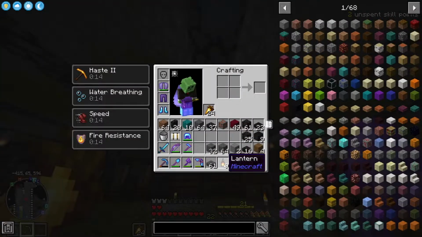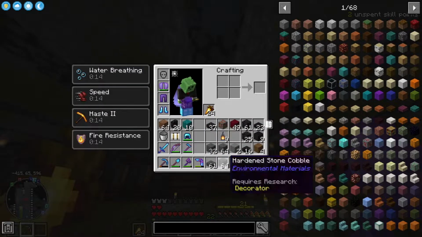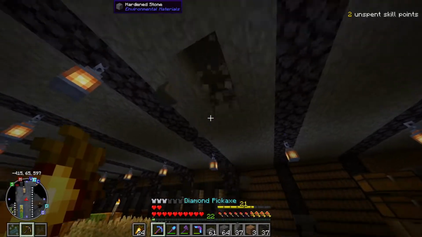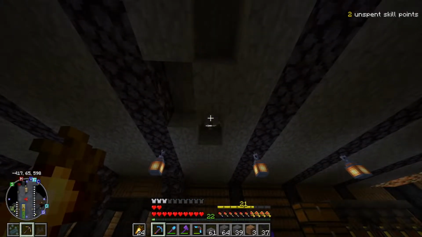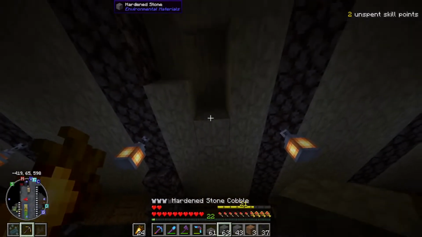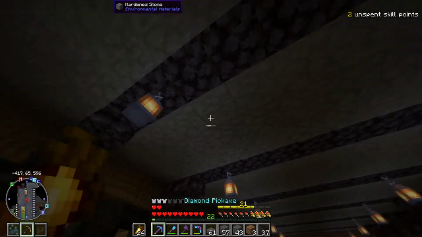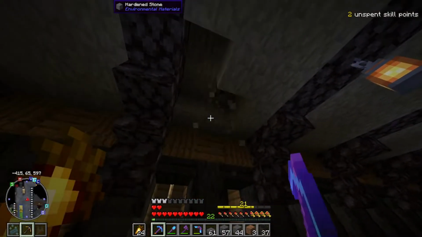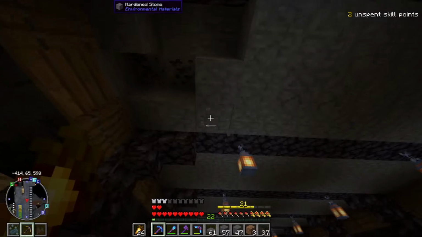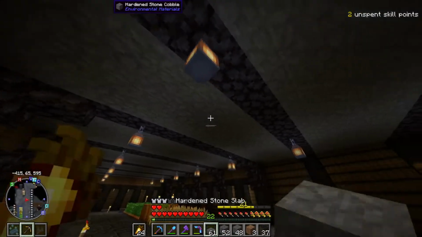Map's coming along well. I'm just about to go through and retexture the ceiling here with a little bit of this cobbled hardened stone, I believe it's called. And you get this stuff from the gifters early on before you have access to it through the decorative mods, and if you want to add the textures to it or make slabs and stairs from it, you can use